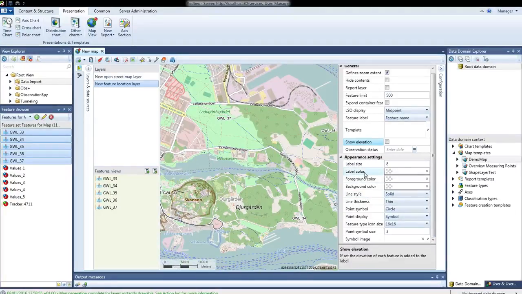The label size can be changed, the color, of course. If there is a line, I can change the line style, the thickness, etc. So you can just walk through the settings and find out yourself what could be done here. I would like to point out one setting which is very interesting. I can define here